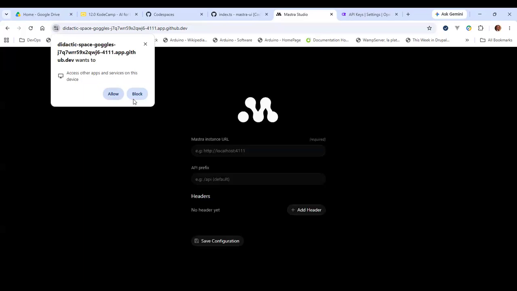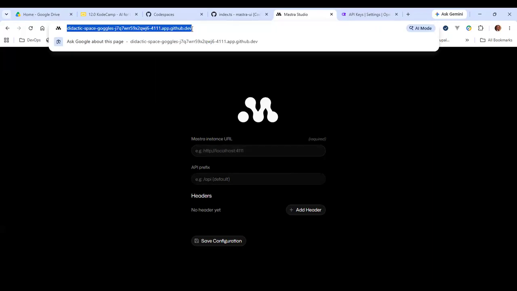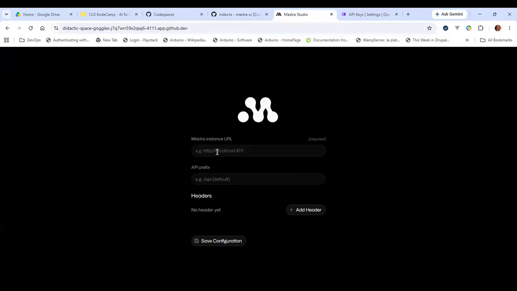So allow this. So the instance URL, now this is where I need to figure out whether I should use what is here so that I can access it. It is what is publicly accessible, right? And the API prefix is still /api so that I can access it, right?